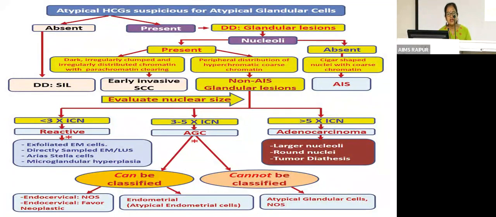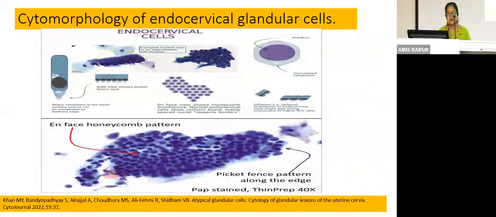So before we start looking at atypical cells, let's revise what normal glandular cells look like in a cervical smear. So you see endocervical cells in a normal cervical smear. What are these like? These are tall columnar cells. They have a wispy,